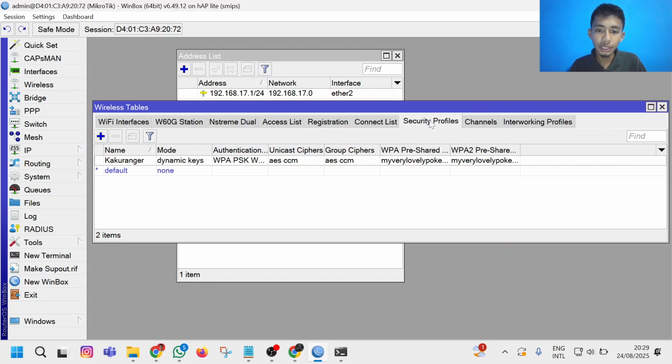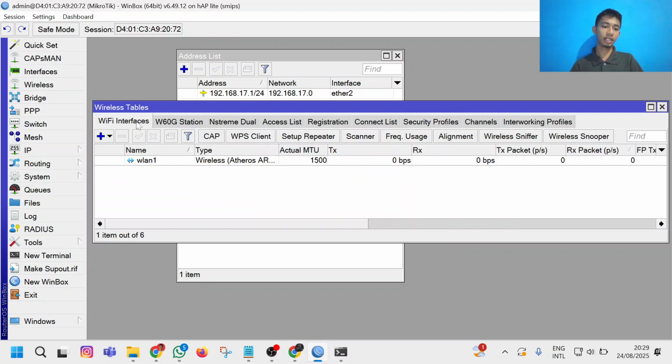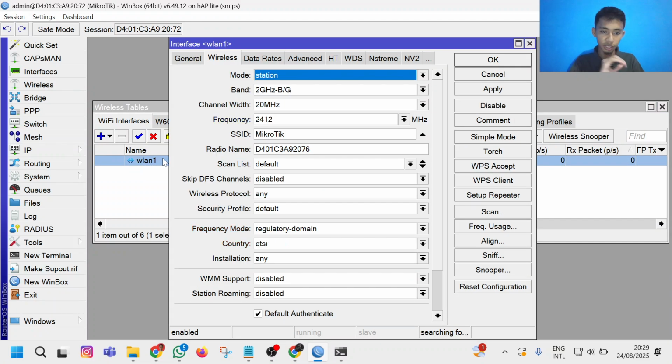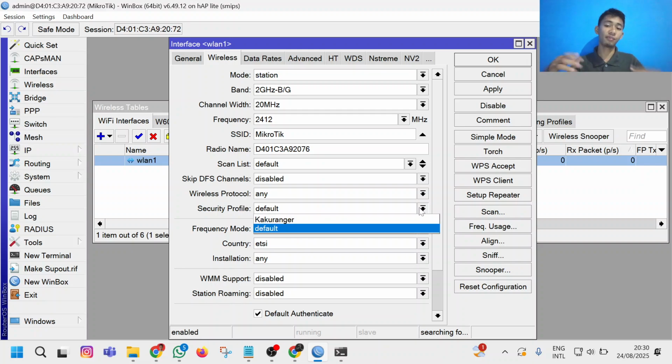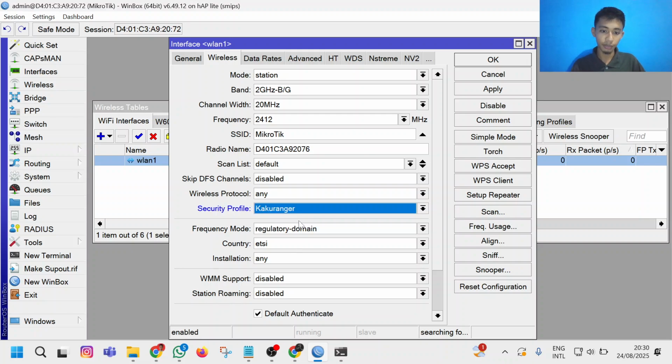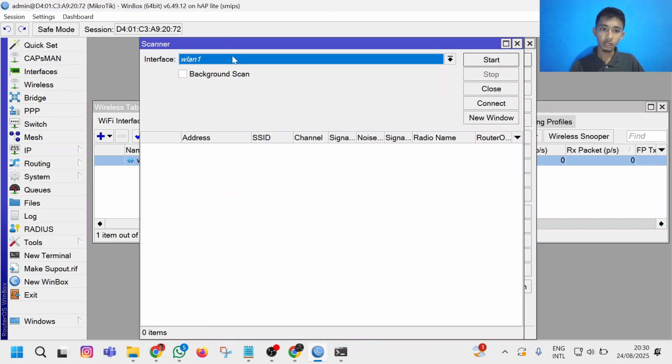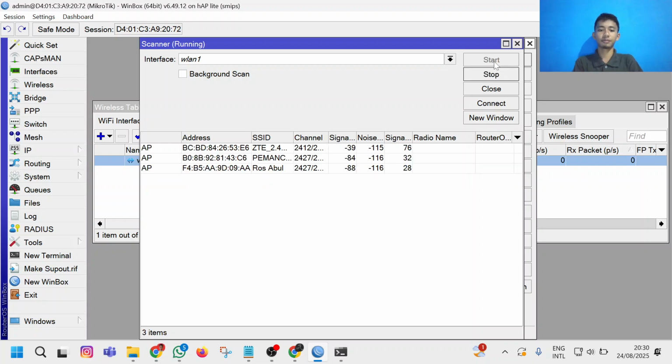After we do this, we need to go to our Wi-Fi interface. Double click on wireless connection. Now we are in the wireless settings. For the security profile, we need to change to our profile, Kaku Ranger. Then we click Scan for the internet Wi-Fi. The interface is default, where I want. Just click Start.